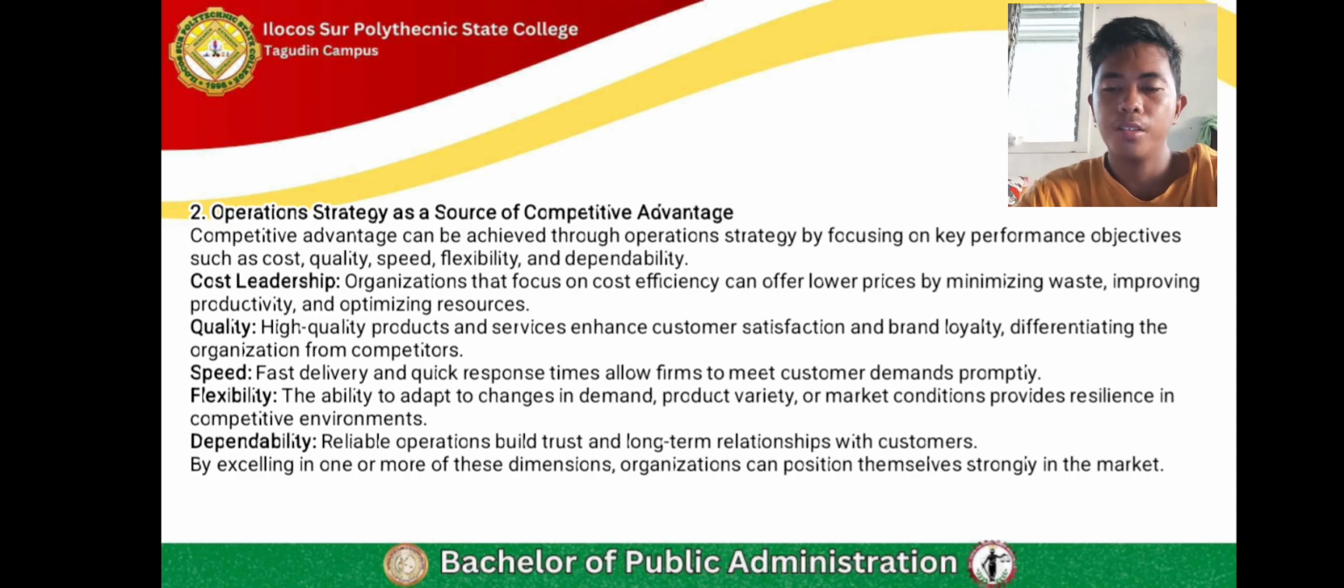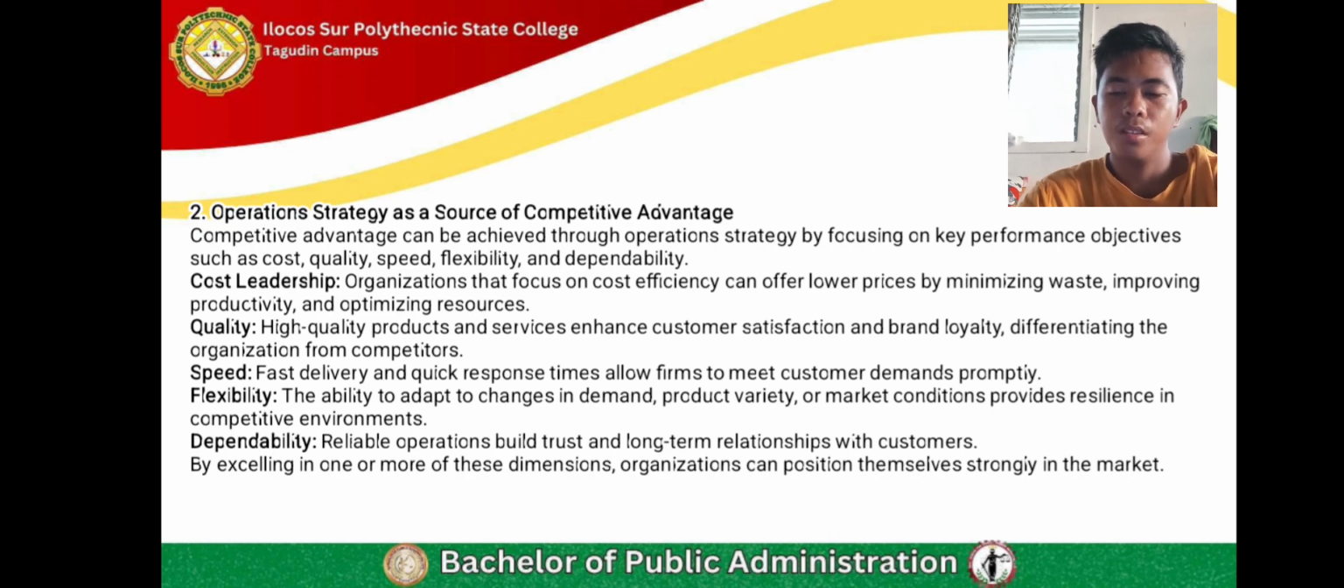First, by reducing costs through efficient production and waste reduction, a company can offer lower prices. Second, by improving quality, it can increase customer satisfaction and loyalty. Third, by increasing speed, it can respond quickly to customer demands. Fourth, flexibility allows a company to adjust to changes in the market. Finally, dependability ensures consistent and